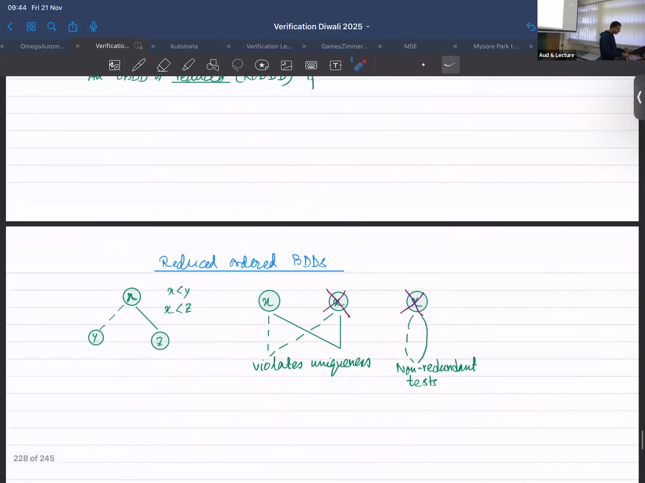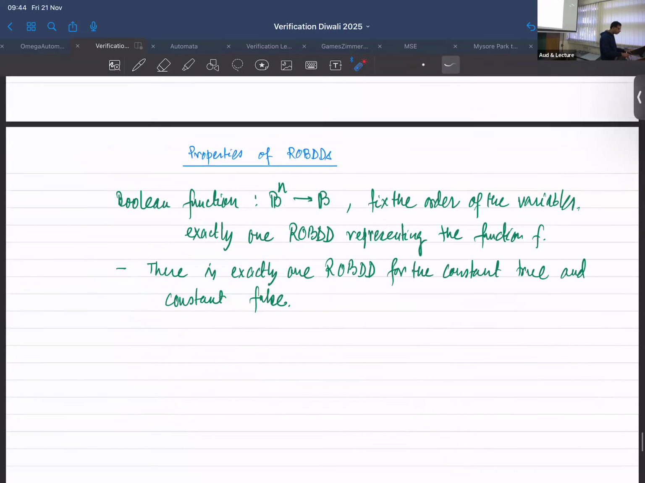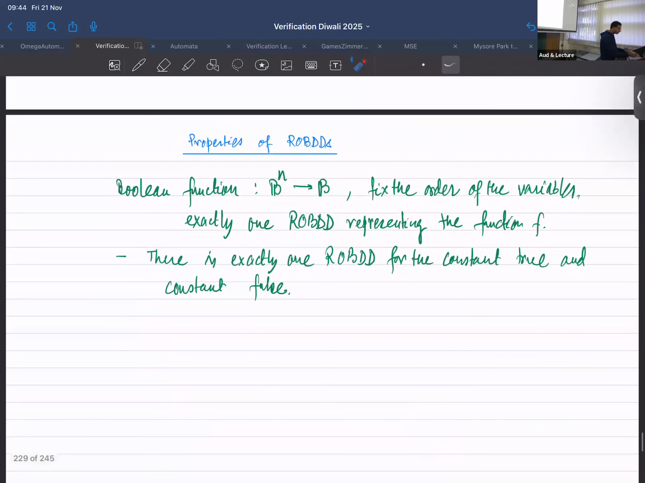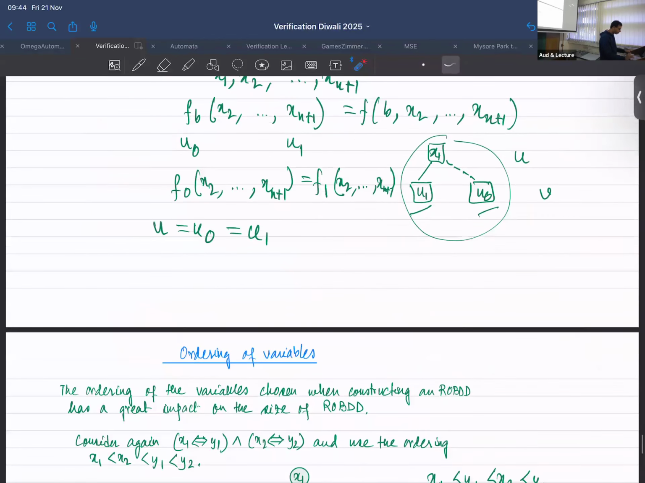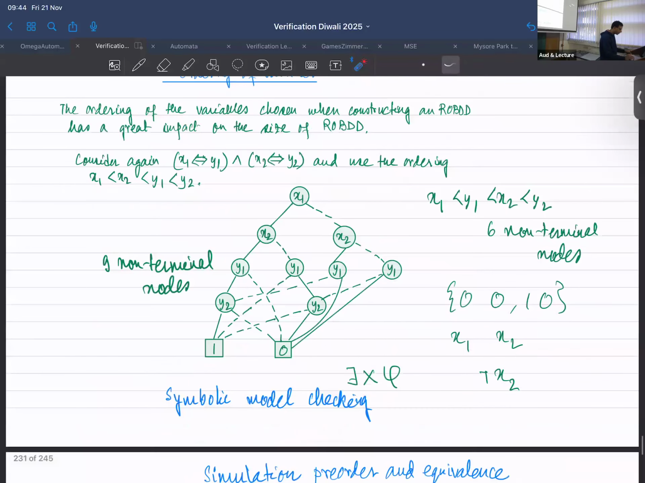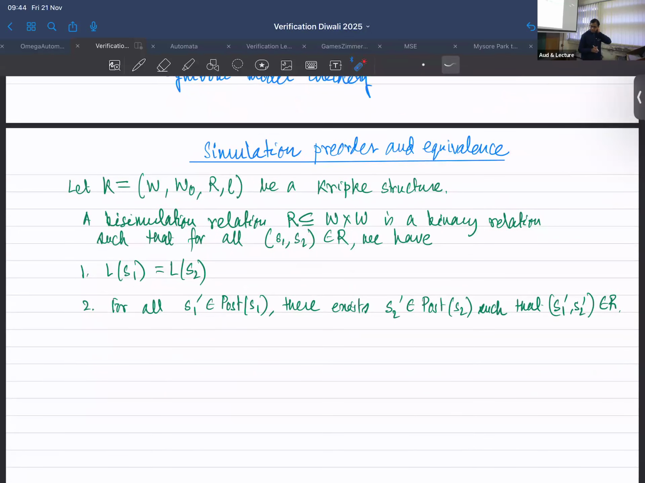Now, yeah, so we pretty much did all these things, and then we said this canonicity lemma. So if you fix the order, then there is exactly one ROBDD representing a Boolean function, right? And we sort of discussed the proof overall. Okay, so now there is one thing which I'd like to talk about, which is just to recall the definition of